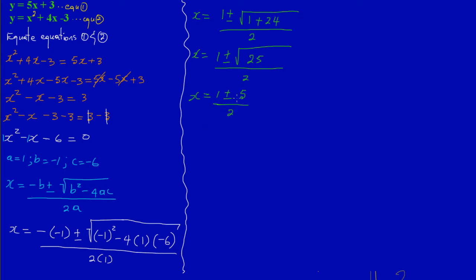Okay, so here now, as we have stated when we were solving quadratic equations by using the quadratic formula, when we reach here, all we're simply going to do is split the plus or minus sign. So here I would have x is equal to 1 plus 5, and that is all over 2, and then I would have or